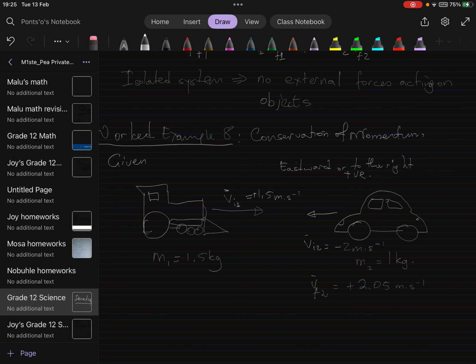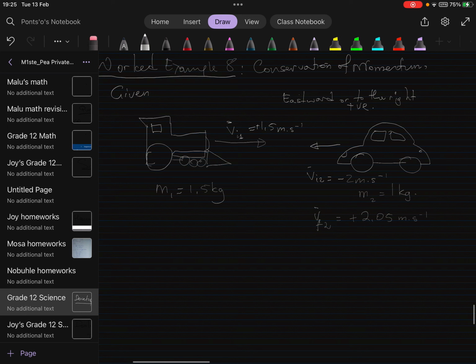So that tells us that it actually changes direction. Yeah, I like that you got it. Changes direction, so the sign of the velocity vector also changes. It goes from negative to positive. Yeah. So since we chose eastward or to the right as positive,